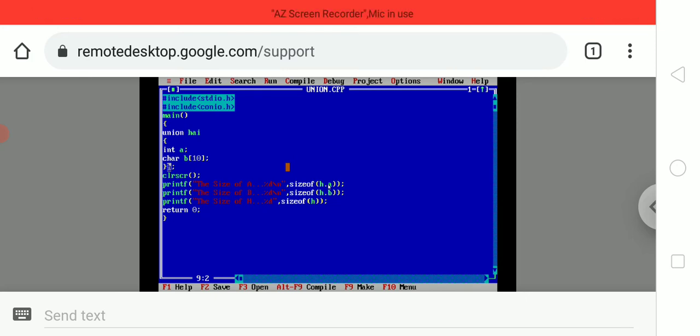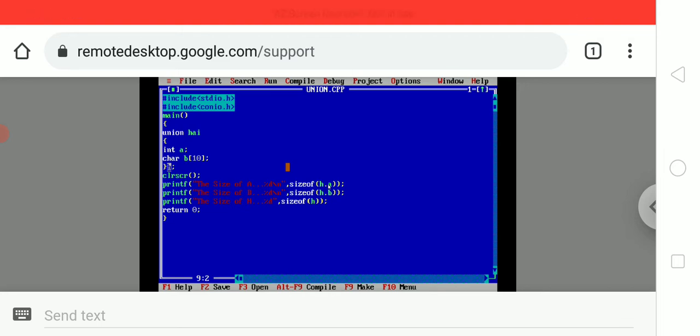size which is biggest. So in this example I created two primitive data types, one is int and another one is char, and int size is 2, char size is 10, because I gave size 10 here. So now what is the largest memory contained in the union? Here the char data type maintains the large amount of memory, because here we gave size 10. So that size will be assigned to the union variable also.